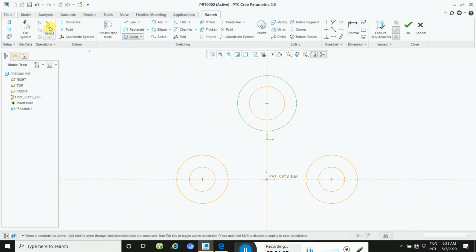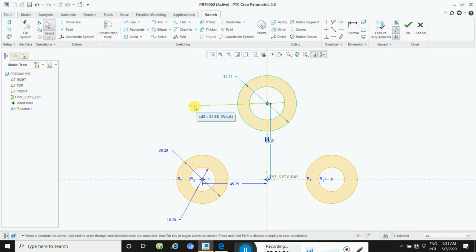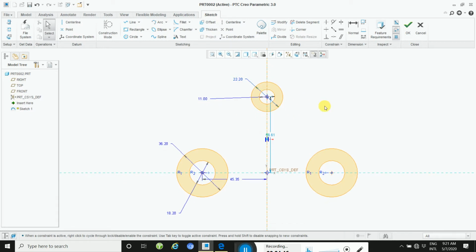And then outside the command, click here, select, and then define both circles. Inner radius is 5.5 into 2. Okay, and then outer radius is 11.1. Okay, 11.1 shift star into 2. Okay, this way.